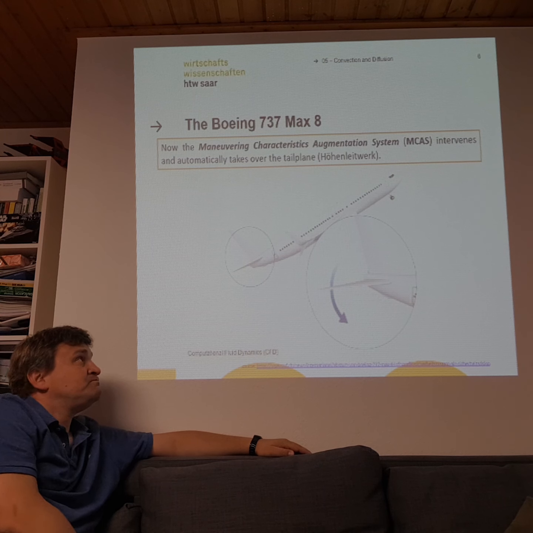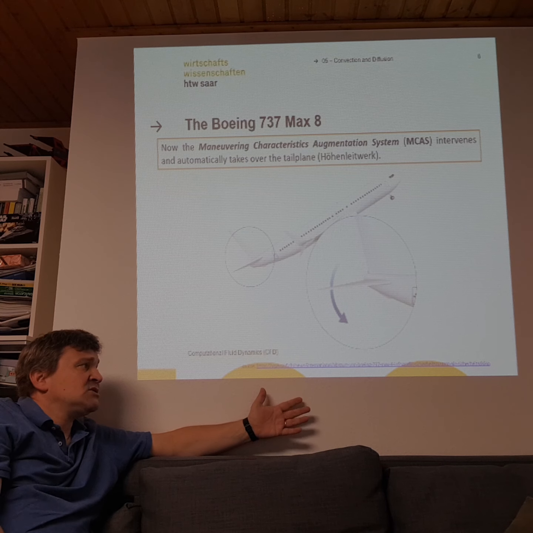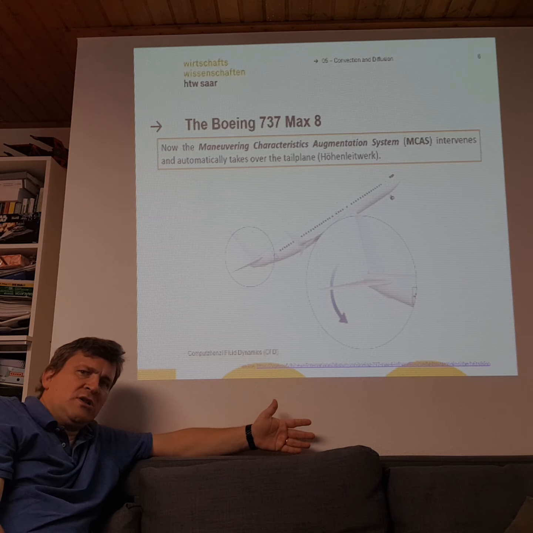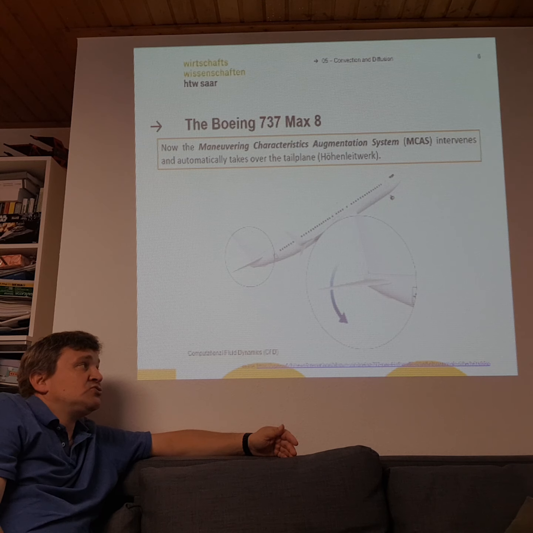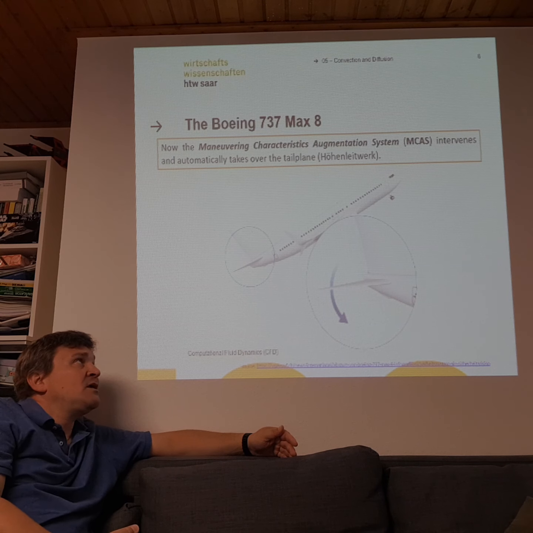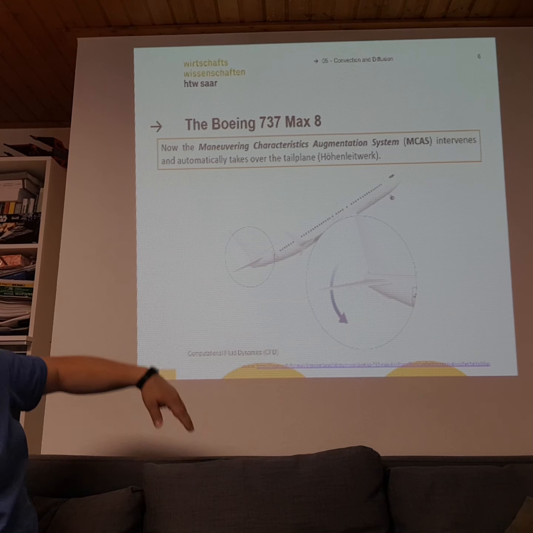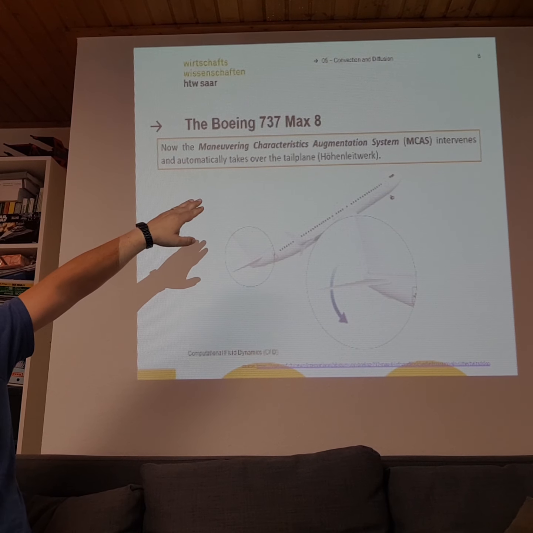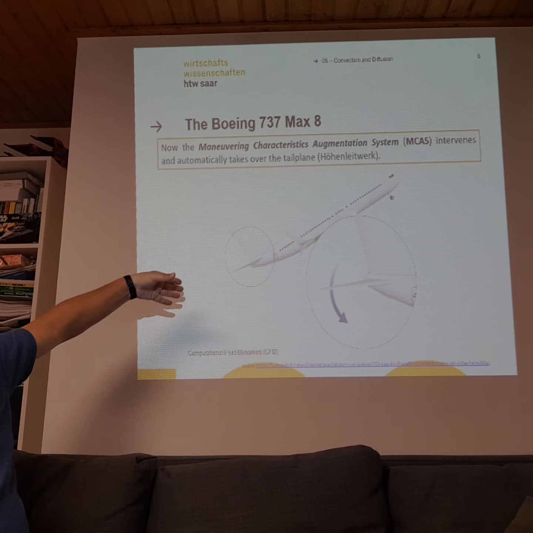But this software function acts more or less alone. It is a bit difficult for the pilots to switch it off, and so this software function, called Maneuvering Characteristics Augmentation System, MCAS, was able to act